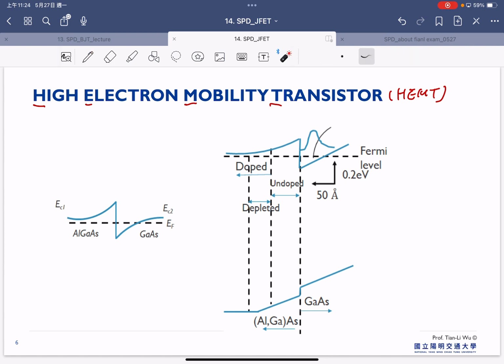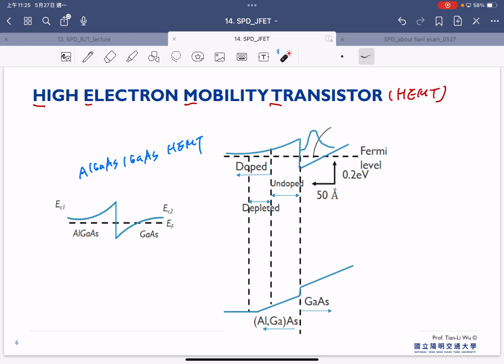And in this case, you can see this is a case between aluminum gallium arsenide and gallium arsenide. Due to the band diagram, or certain polarization or certain III-V material properties, we can start to see the formation of this